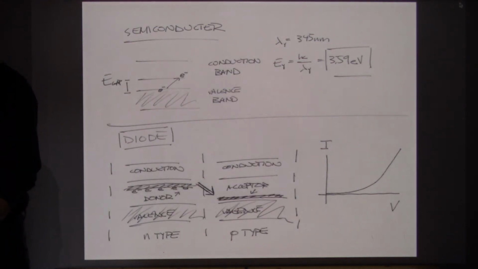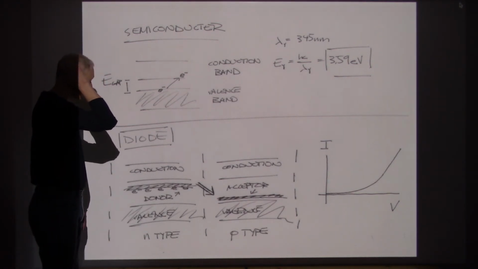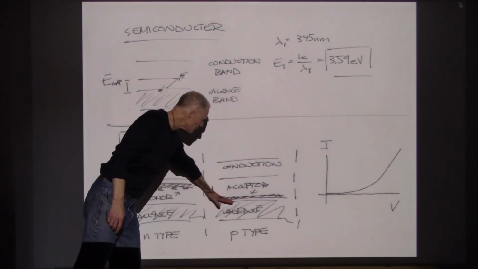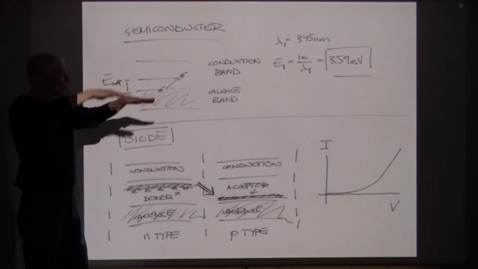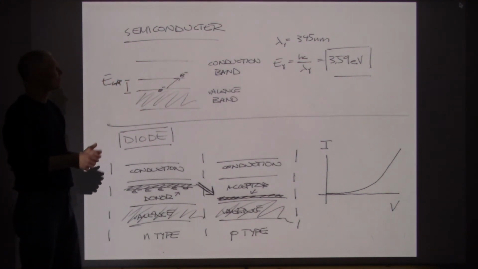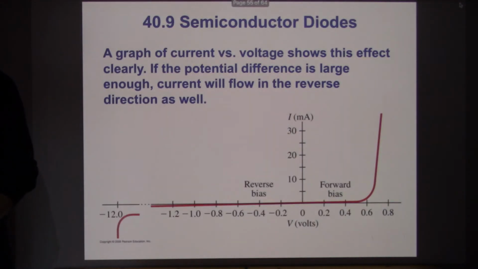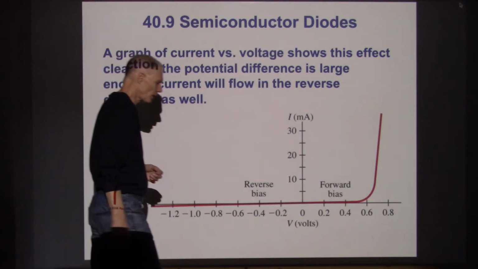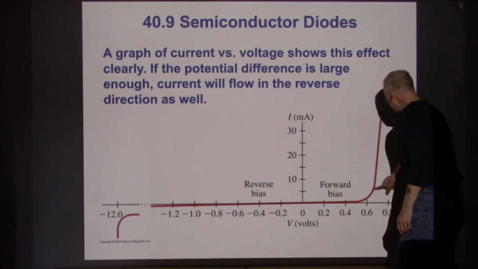If we pattern these, again, what's happening in the NP type diodes is electrons are being pushed through these higher energy states. They're able to drop into lower states. And so as the voltage goes up, the current begins to rise not linearly, but exponentially. Now, this is the properties of a diode. For a diode, if we push the voltage in what's considered the forward bias direction, we do see a sharp